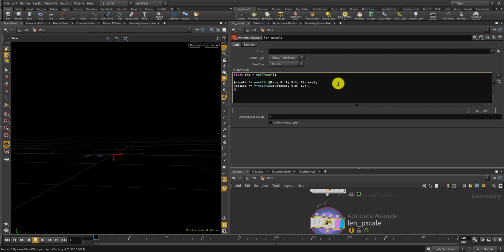Then p-scale equal clamp p-scale by 0 and 1, or 0.5 or something. Okay,